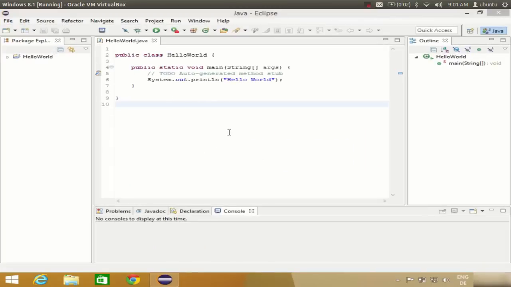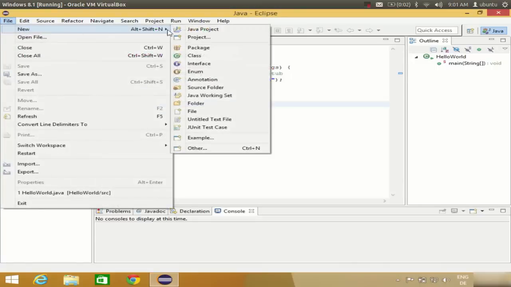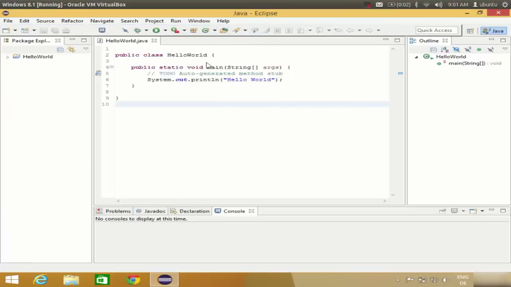Okay, so once you have successfully installed the WindowBuilder plugin and Swing Designer plugin, you can develop a project using WindowBuilder and Swing Designer. So how can you create a new project using WindowBuilder? Just go to File, New, Java Project,